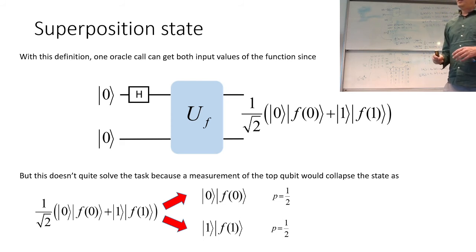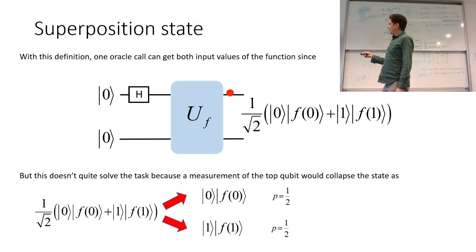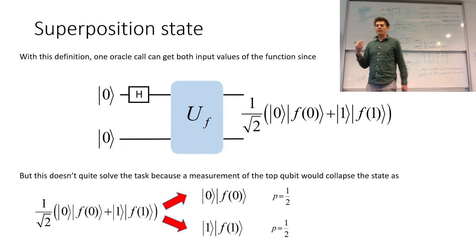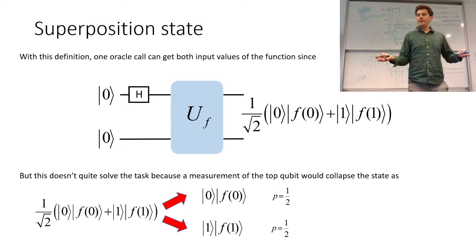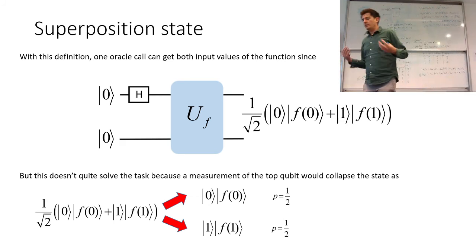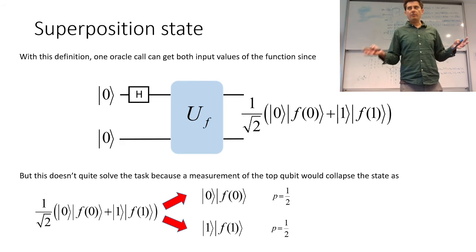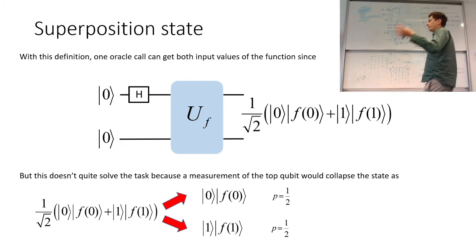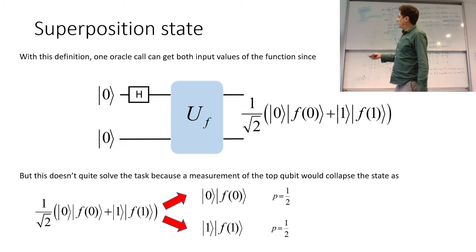And if you think about it, it doesn't quite work, because you do this and you get that state, but then ultimately to get any information out, you need to actually measure something in the quantum computer, because you can only get any information out of the quantum computer if you do a measurement. So, if you just measured these qubits, then essentially what would happen is that you get this term